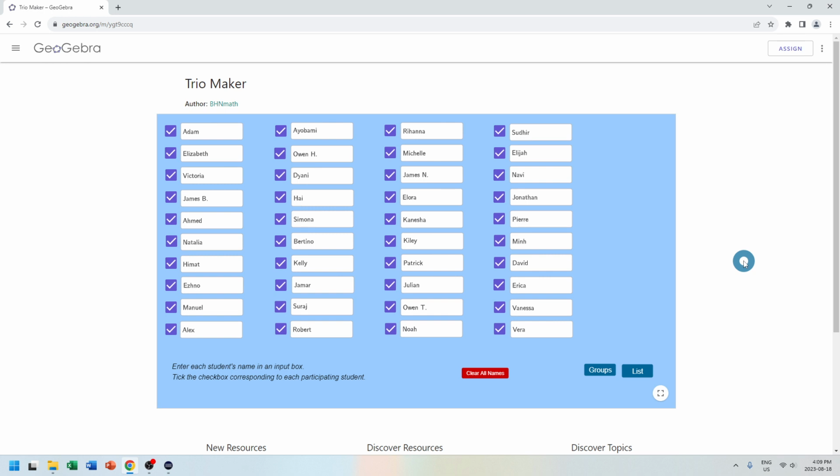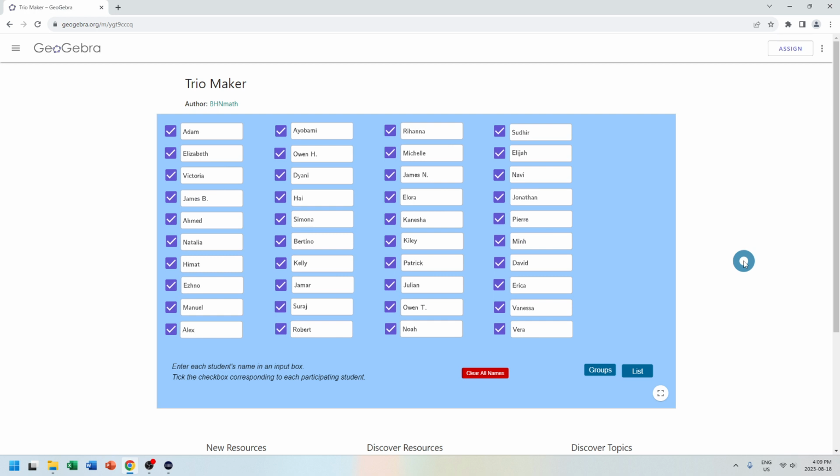Now, if you've read Building Thinking Classrooms in Mathematics by Peter Liljedahl, you'll know that for grades 3 and up, the ideal group size is 3 students. And if the number of students in the class is not a multiple of 3, we make 1 or 2 groups of 2 students. And that's exactly what this tool is designed to help you do, to build those groups